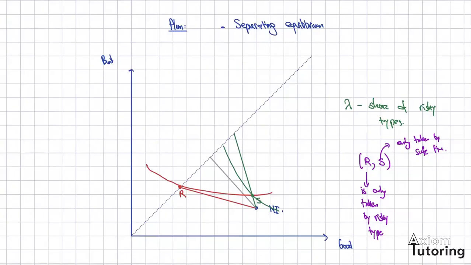Get a positive profitability. So what immediately comes to mind is that this safe individual is getting actuarially fair insurance, but not full insurance. So maybe there is a way that we could offer them a better deal. Clearly, all this area here will be a better deal for the safe individual and would be below their actuarially fair line. So if I were to put an alternative for the safe individual here, that is S prime,